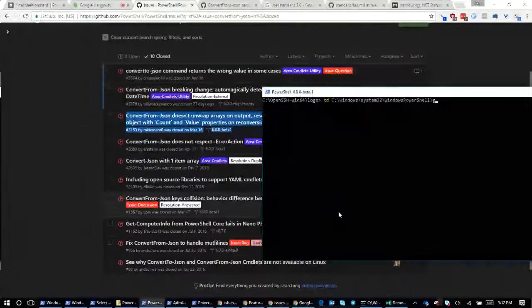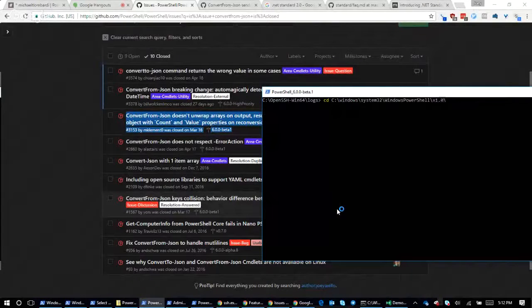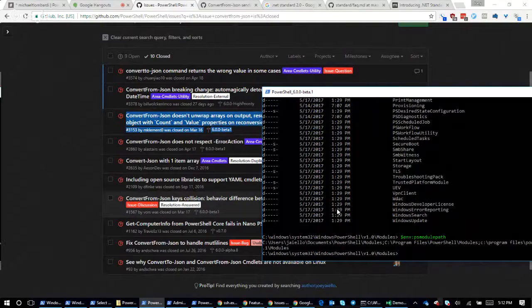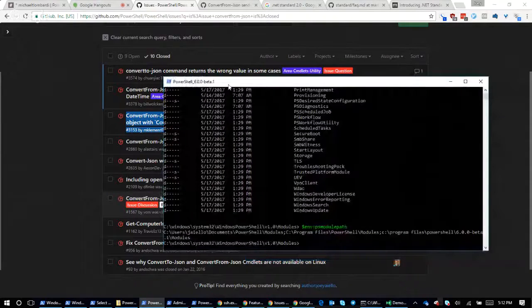To Windows System32. So I'm in beta 1, right? I go to Windows PowerShell v1.0 modules, and I've got this whole directory full of modules. None of these are in my PS module path right now, right? And we're working through a way, because this is the PowerShell Core PS module path, that you can essentially say, hey, I don't care, just try to add the Windows PowerShell PS module path and try to load modules, right?